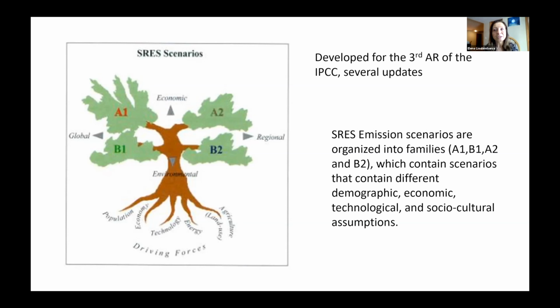So you see, it's obviously not clearly cut boxes as we see it in the real world, but those are, of course, assumptions for those very general storylines. And then each of these storylines is driven by other models. They're driven by population models, economy, assumptions about our technology and level of technology transfer, the use of energy that we are going to use, fossil fuels versus alternative versus kind of the mixed portfolio, land use models, and agricultural models.